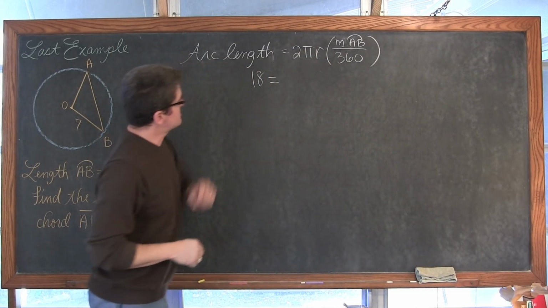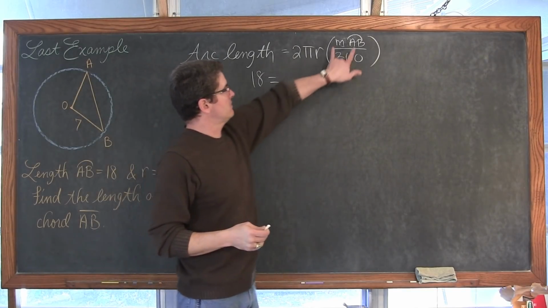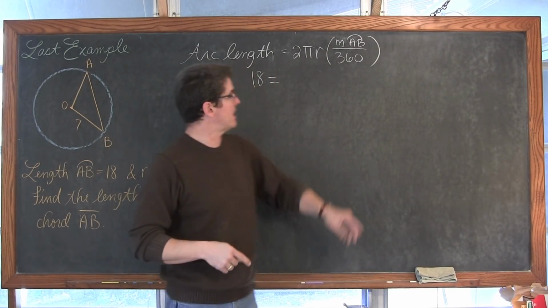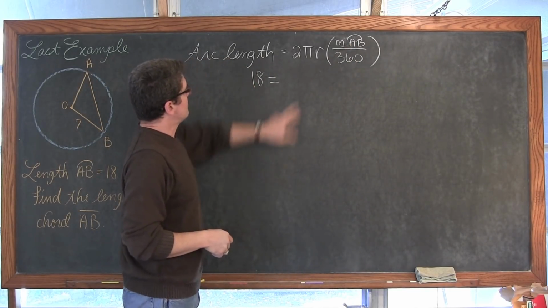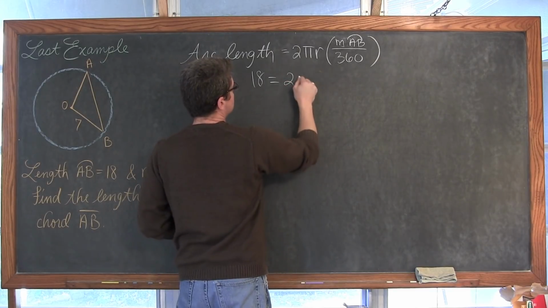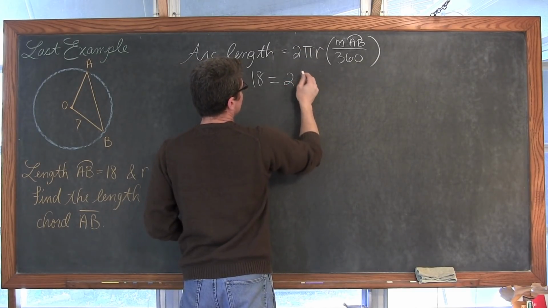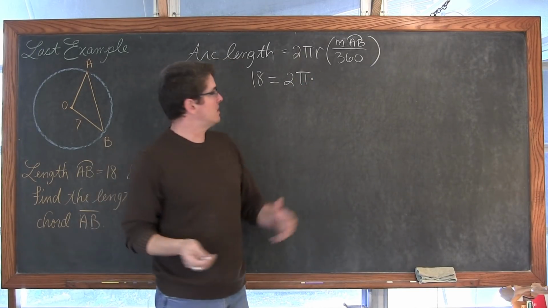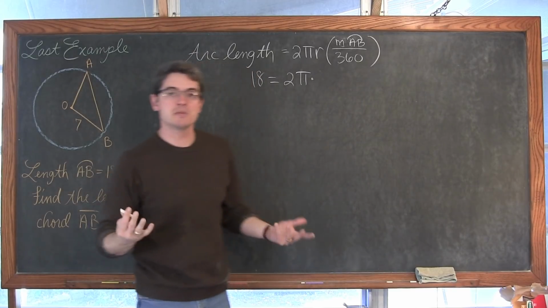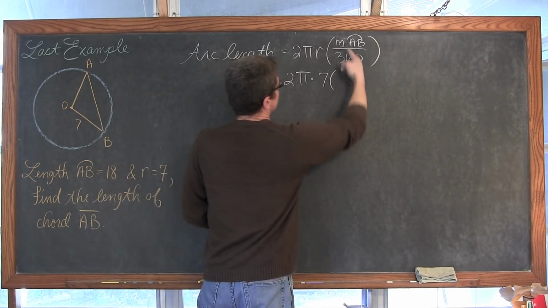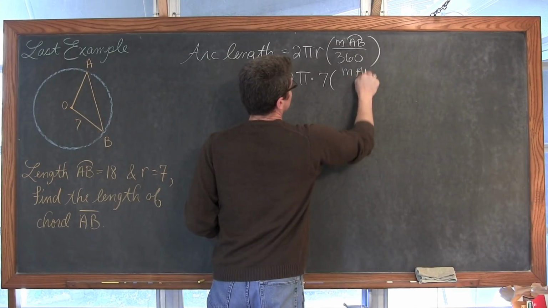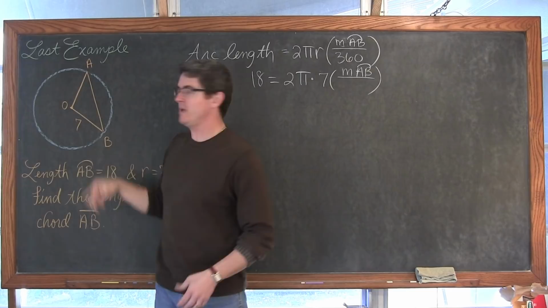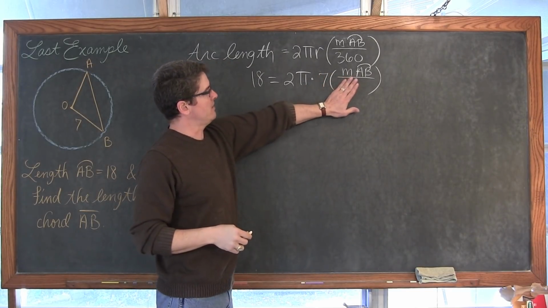And that is equal to, let's see what we got going on here. We're looking for the measure of arc AB, which is going to be the same as the measure of our central angle. So that is going to stay there. But we do have 2 times pi, which, well, let's just keep pi in there for a while, times r, the radius. Okay, r, yeah, we were told the radius was equal to 7, times the measure of arc AB, or I could say angle AOB or theta. I'm probably going to stick theta back in there, it's easier to write, over 360.